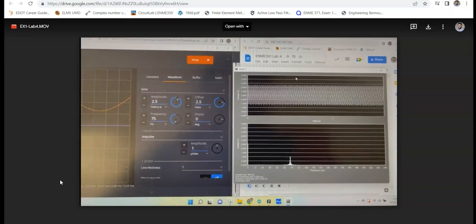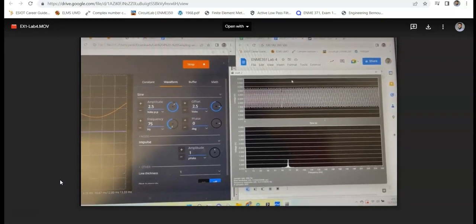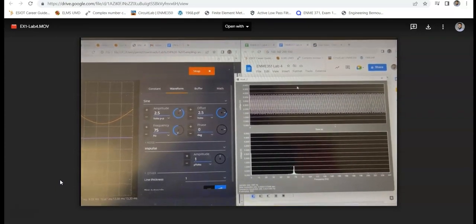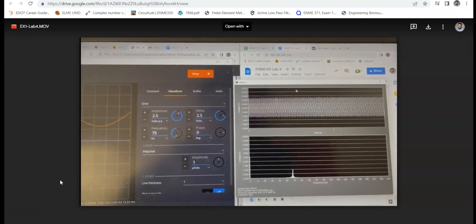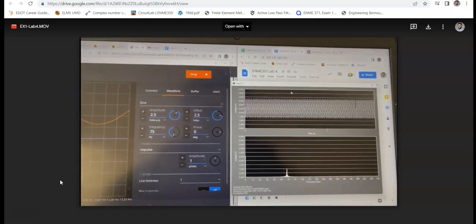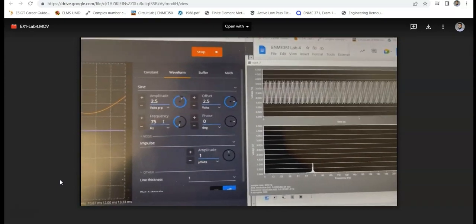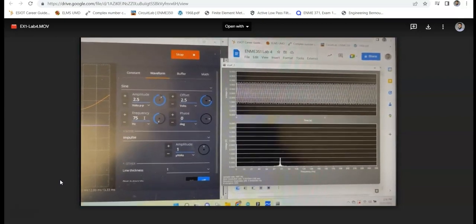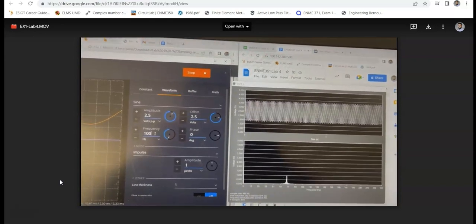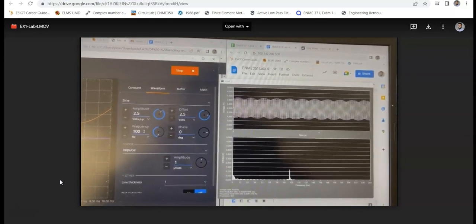In this video I show how we generate a signal using the signal generator. In this case we are doing a sampling rate of 500 hertz based on the position of the potentiometer, and then we have to switch frequencies. So we start with the 75 hertz frequency, 2.5 volt amplitude, and a 2.5 offset. Once we change the frequency from 75 to 100, we'll see the change in processing here on the right,